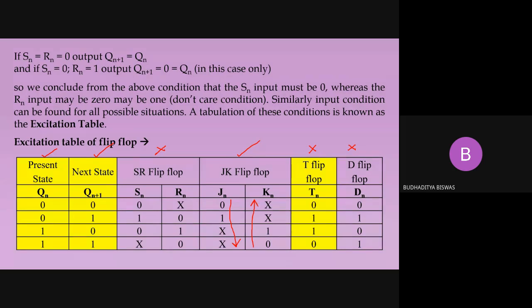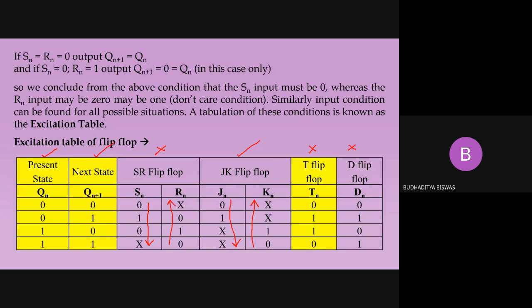I have already told you how to remember these things in a shortcut way. You only need to remember two columns: one is the S and another is the J. Once you are able to remember the S and J, then the other inputs, that means R and K, are very easy to remember. This is the top to bottom reading and bottom to top reading. So in case of S, it should be 0, 1, 0, cross. Just place it from the bottom, 0, 1, 0, cross. So R will be filled up. So only S and J you need to remember.